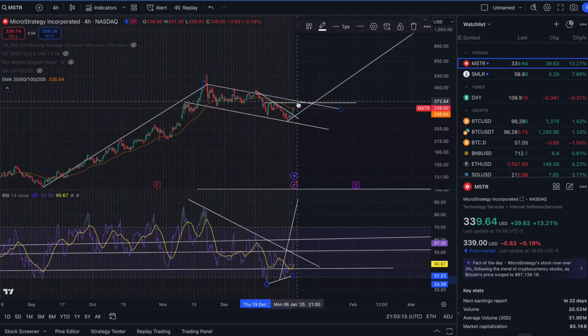The next level we want to pay attention to is up to around the 360 range, and then we want to break out of this channel, which this downward slope is going from the 380 down to the 350 range. So if we get back into the 400s, you can say that MicroStrategy definitely has broken out of this channel, and we could potentially get a back test before we get that rip to the upside. Be prepared for what's to come, because MicroStrategy could surprise a lot of people.